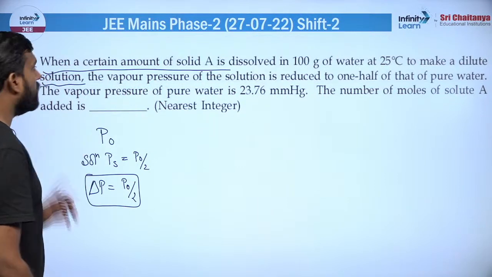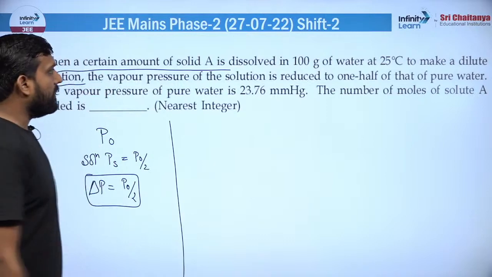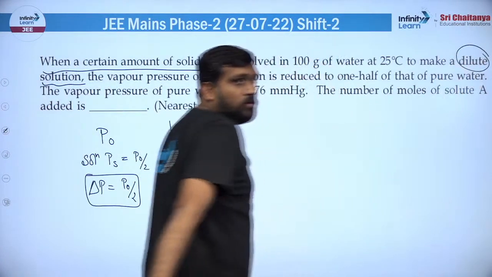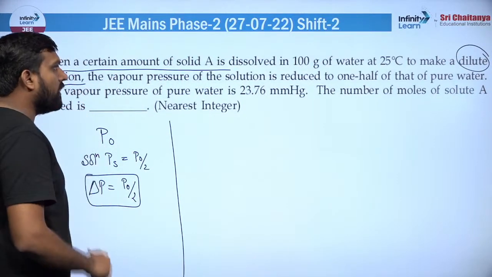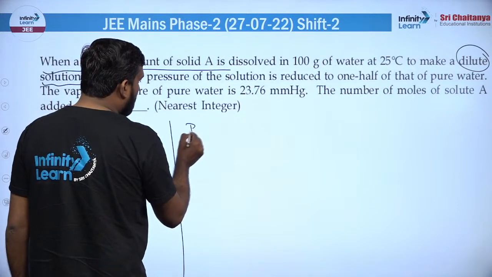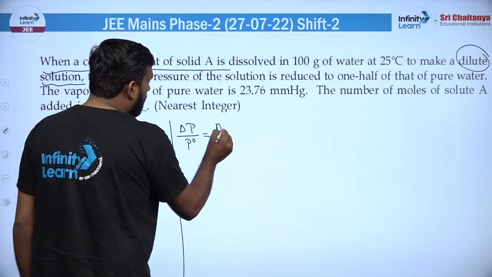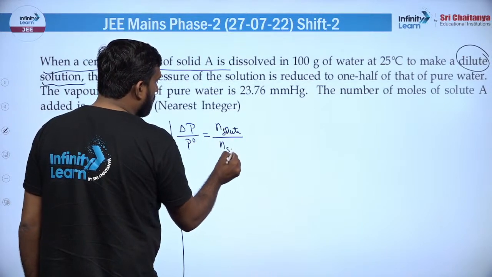द नंबर ऑफ मोल्स ऑफ सॉल्यूट एडेड, ठीक है, दो तरीके हैं क्वेश्चन को करने का। क्वेश्चन में एक छोटी सी बात उन्होंने लिखी हुई है, दैट इज द डाइल्यूट सोल्यूशन। अब अगर उन्होंने डाइल्यूट सोल्यूशन लिख दिया है तो इसका आप फायदा उठा सकते हो। बहुत सारे लोग ये फायदा उठा लेते हैं कि डेल्टा P/P0 जो होगा वो बेसिकली N ऑफ सोल्यूट, मोल्स ऑफ सोल्यूट अपॉन N ऑफ सॉल्वेंट लिख दो डायरेक्टली।